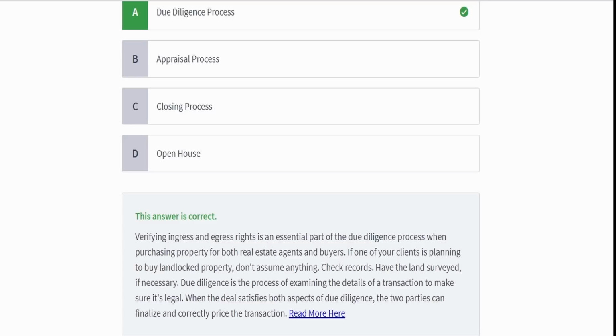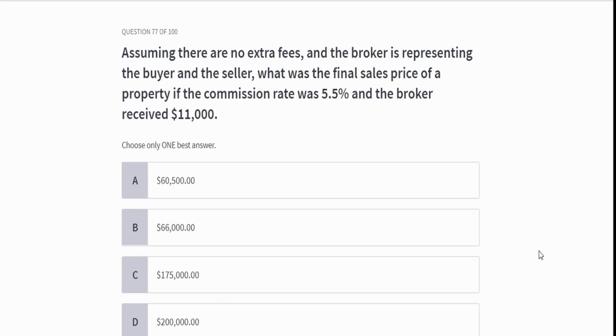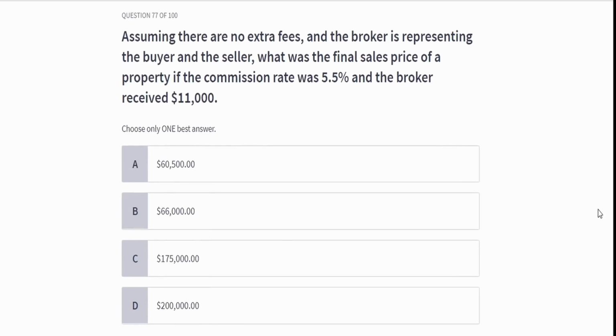Have the land surveyed. It saves you so much time in the long run if you have proof that you recommended that, and if something does happen, there's a hiccup, things like that. So just be aware of that. Not just for the exam, but for when you're out there, when you're grinding out, when you're selling houses and all that good stuff, selling, buying.